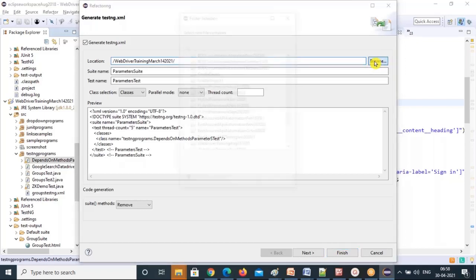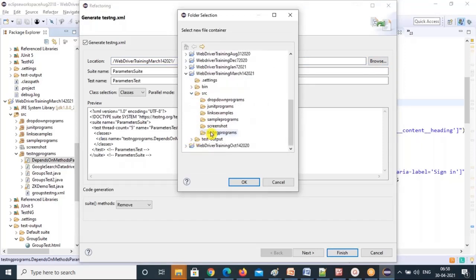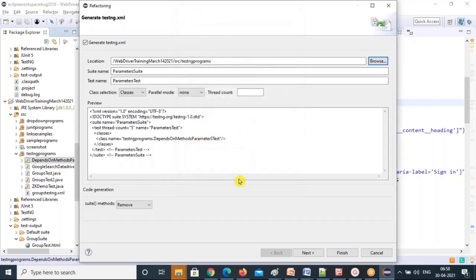You have to give your project, then src, and below that choose your package. Under that package I am creating my XML file, parameters testng.xml.